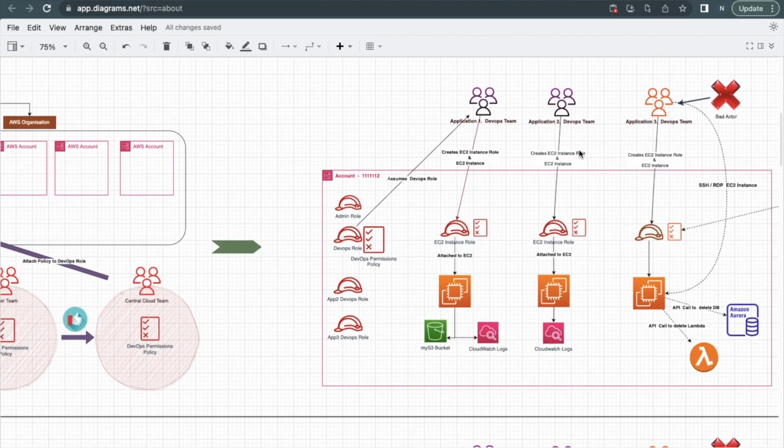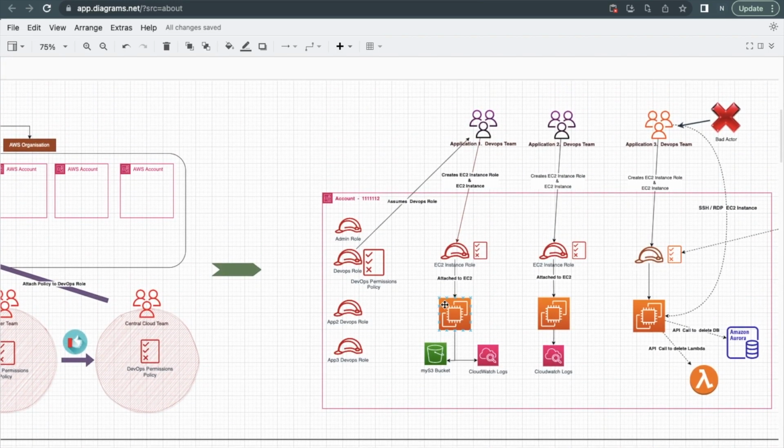So to summarize, initially without the permission boundary, what happened was the DevOps team has a